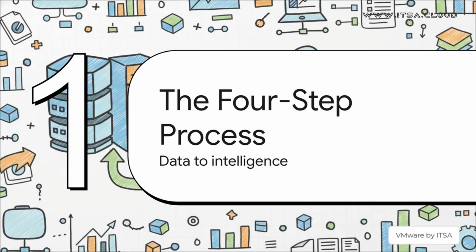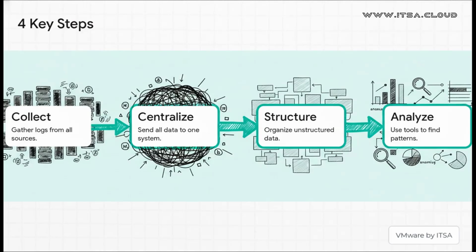All right, so we've got all these data sources. Awesome. But how do we actually turn that giant pile of raw data into something we can use? Well, it's not magic. It's actually a really clear 4-step process that turns all that noise into actual intelligence. It's pretty straightforward, really. Let's walk through it.